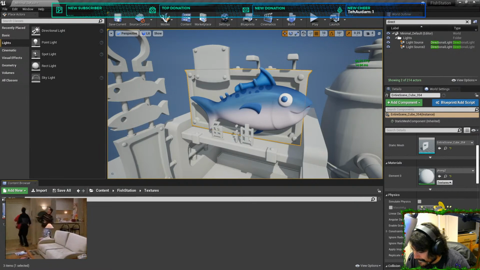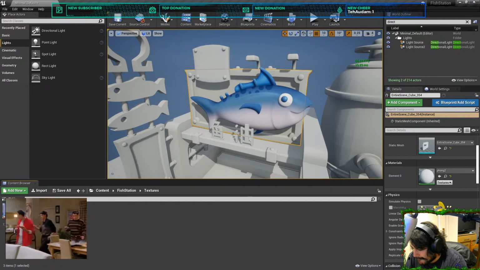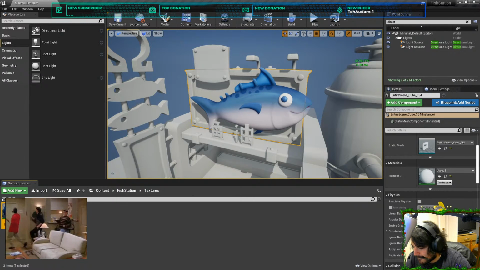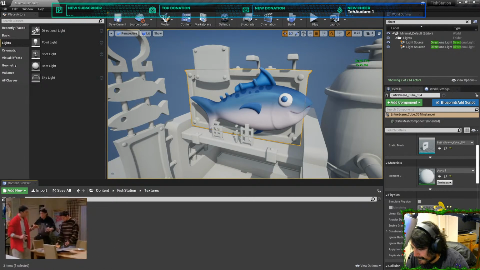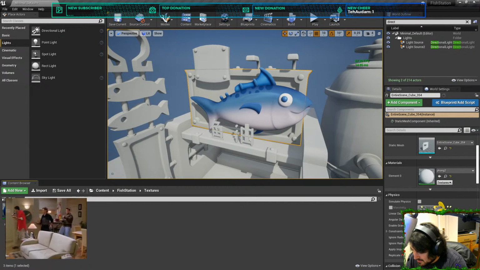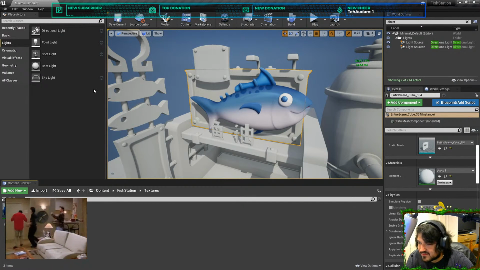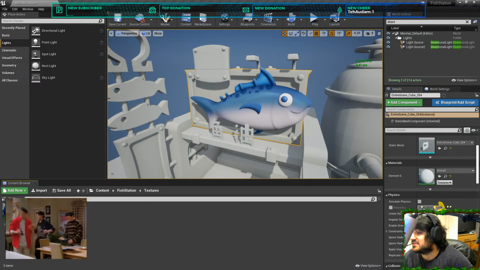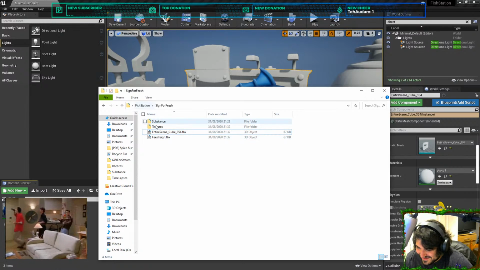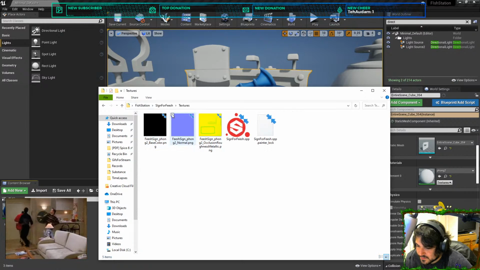Quarter. M for material. These are naming conventions, by the way. I had to learn all these just to sell stuff on the store, so whew, that was very fun.